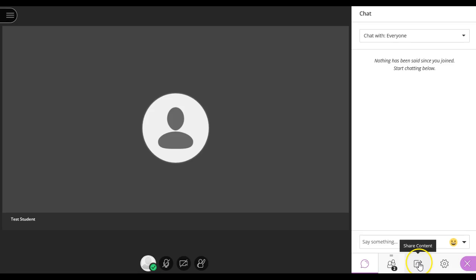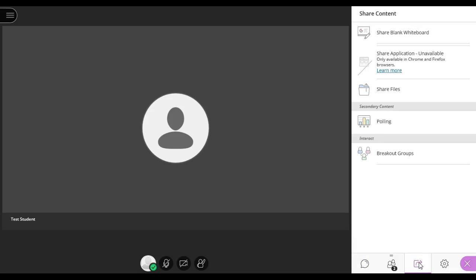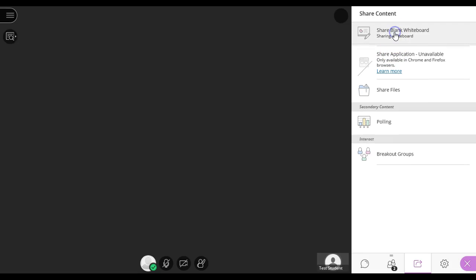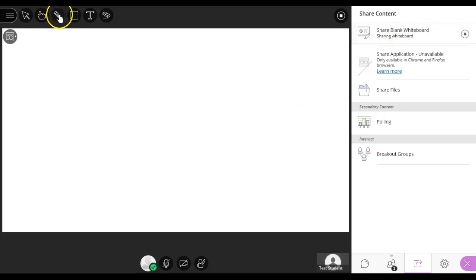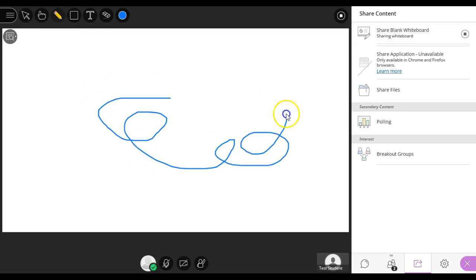Okay, for sharing content, click on the bottom there. I had to fix a setting if you noticed a little skip in the video. Now I am using Internet Explorer, as it'll tell you Chrome and Firefox are the only ones that are going to let you share an application or share your window. So I do recommend you use either Chrome or Firefox, whichever one you're comfortable with. But we can have a whiteboard that we can write on,